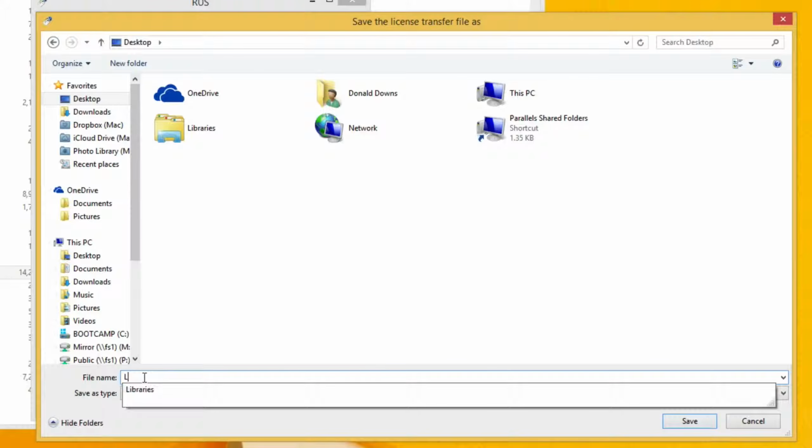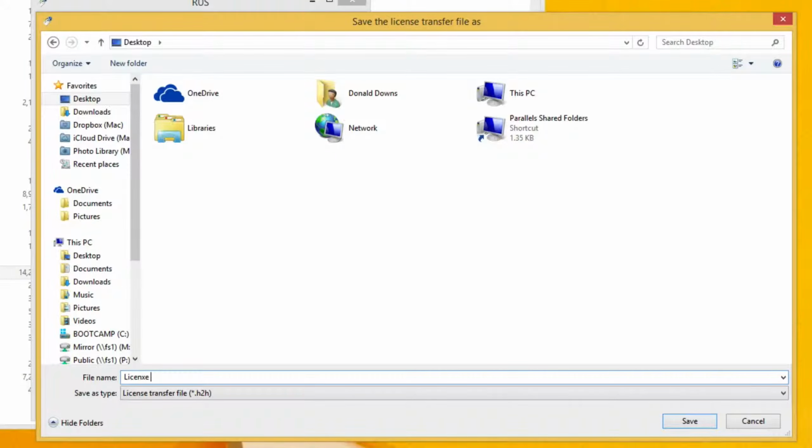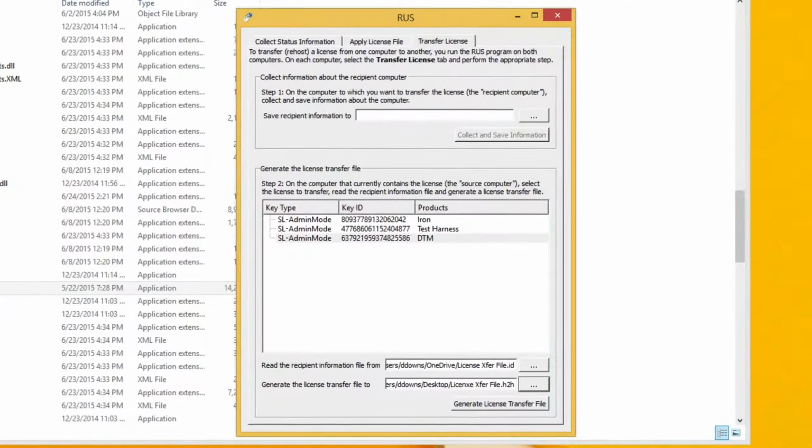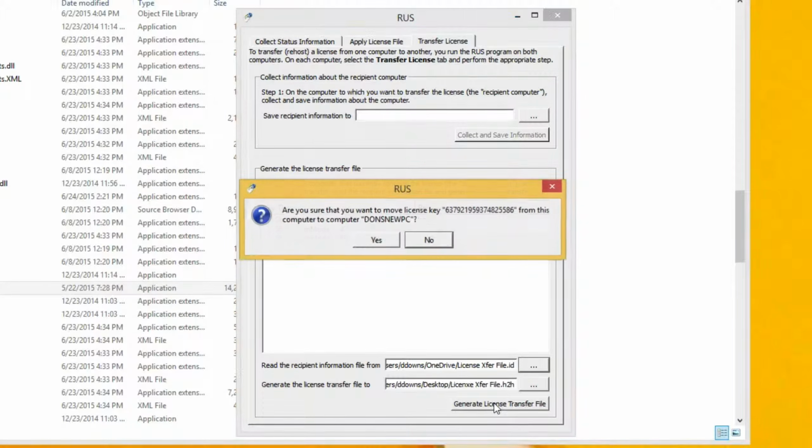And again, I'll call it license transfer. This time it creates a .h2h, which stands for host to host file. So now we've selected the license to transfer, the information file to read, the license transfer file to store, and so we click Generate License Transfer File,